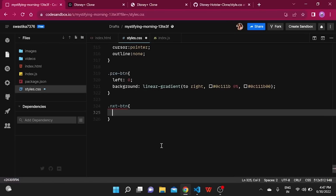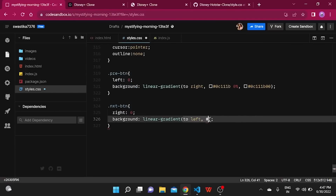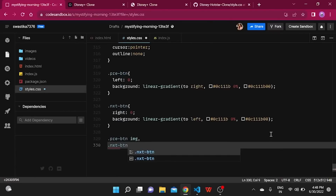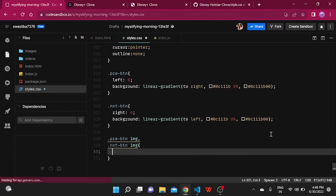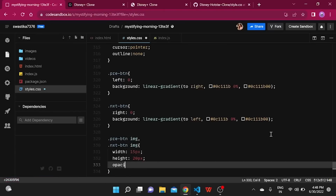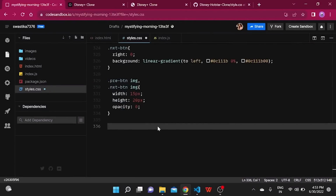Next up is the next button. Next up, let's move on to the pre button and the next button images. We want the width as 15 pixels, the height as 20 pixels, and the opacity as 0. Last up here is the